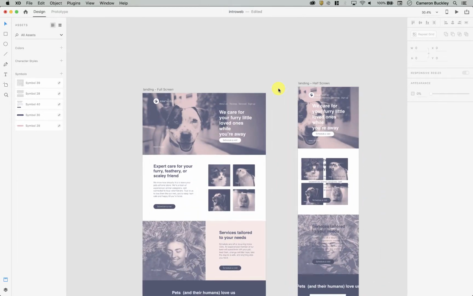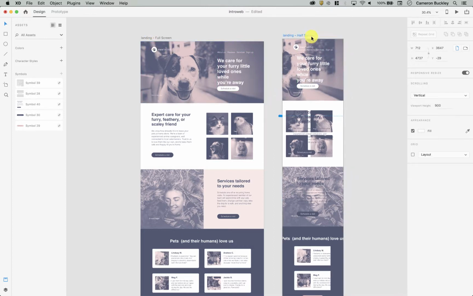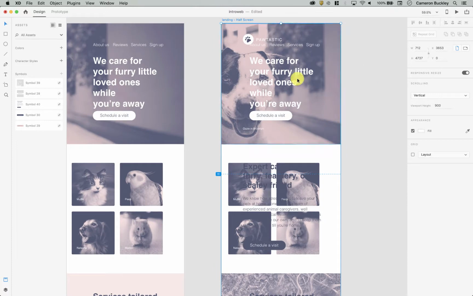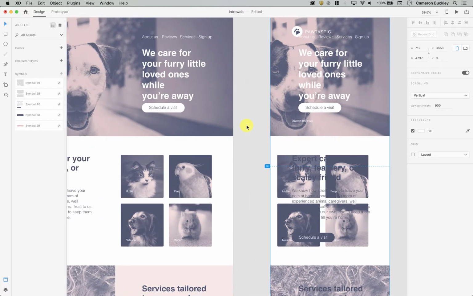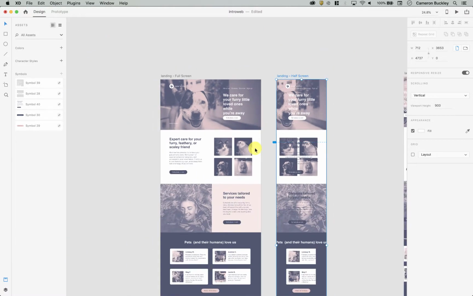In this video, I'm going to go into a little bit more depth about the responsive resize feature and how we're going to make our sites really responsive. In the last video you saw how it's used overall on an artboard, and generally XD does a pretty good job guessing what different elements are and figuring out how it should resize them. But we do need to do a little bit of manual work